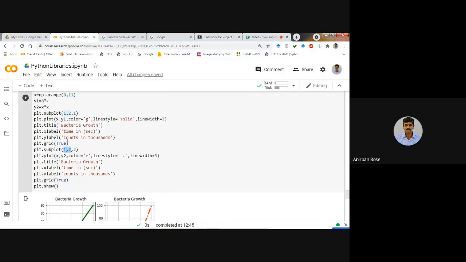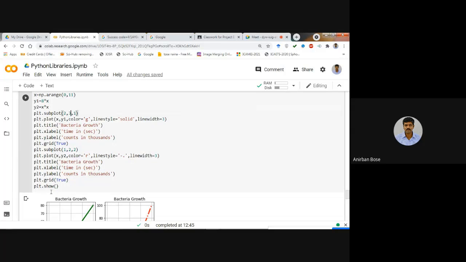Actually, the meaning is, suppose I write this as 2, 3. So 2, 3 means what? It will create the positions for 2 rows and 3 columns. That means how many graphs in total can be accommodated in this space?